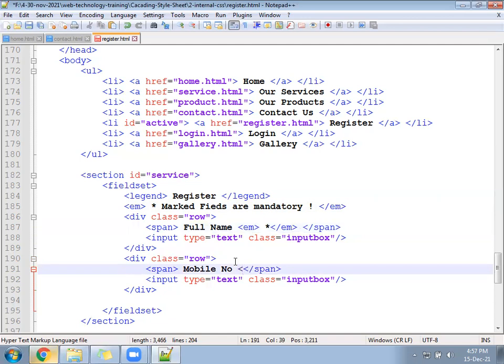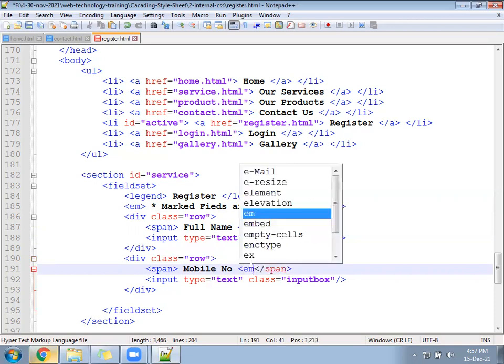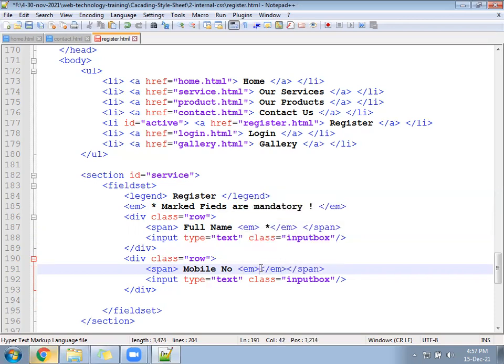Whenever we have label, span, these all are inline tags, and using them we can display small text. EM tag open close. Inside the EM tag, write again a star and save once. We will write CSS for the star.